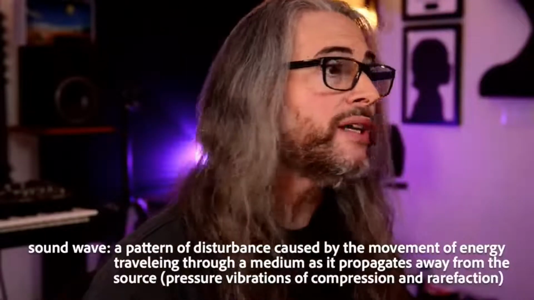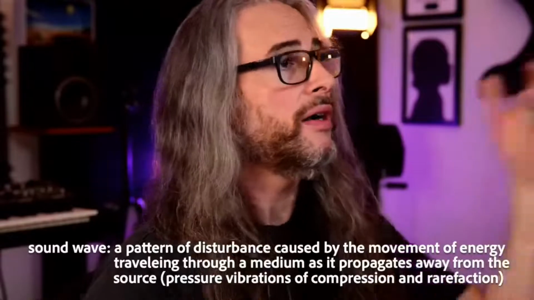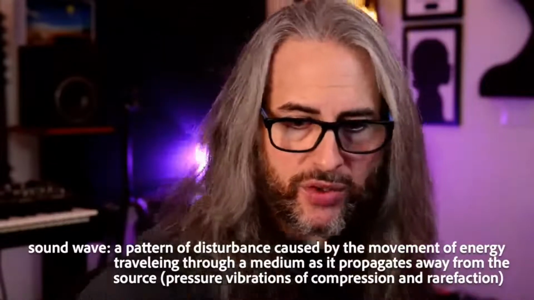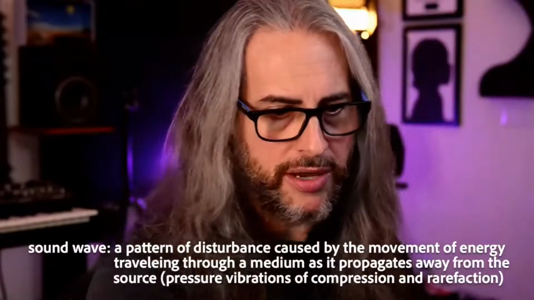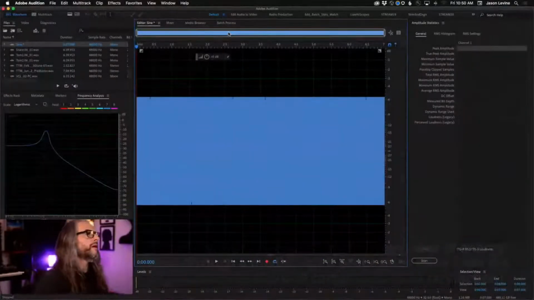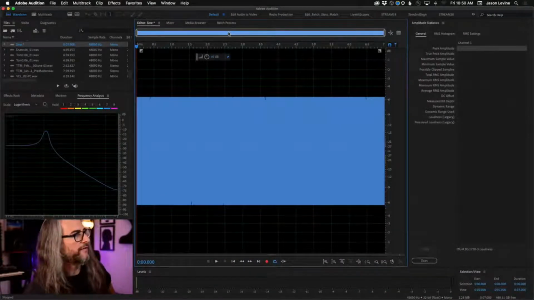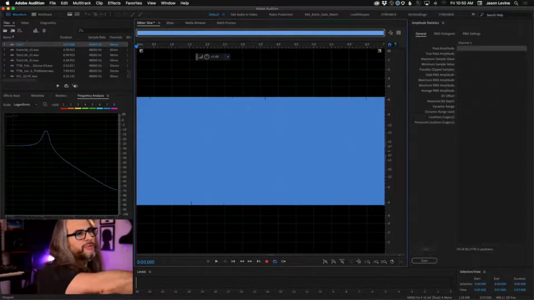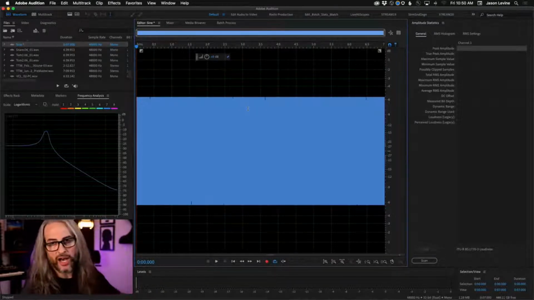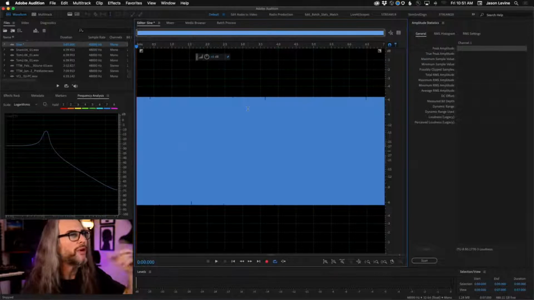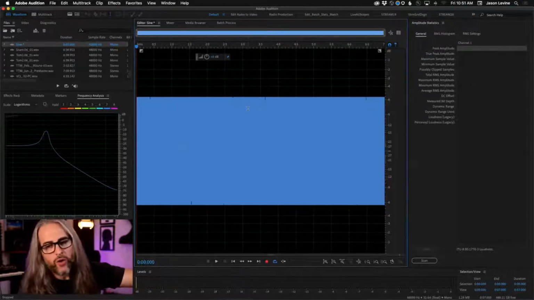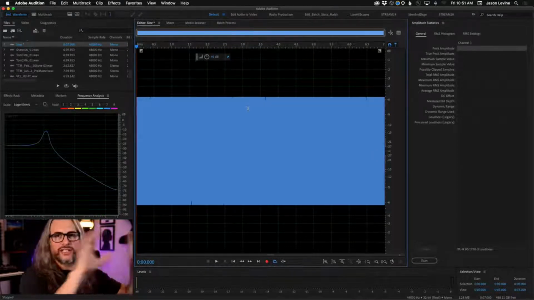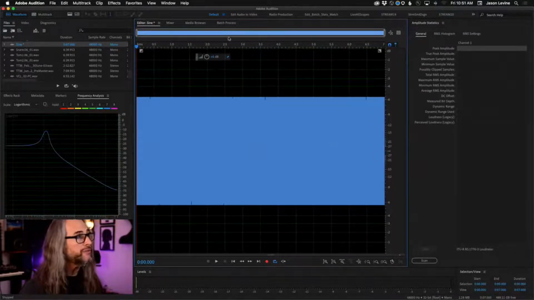A really good way to illustrate that is to come back to our waveform view here. Let me go into our screen. All right. This is a sine wave. Now, you're looking at this, and even if you're an audio pro, because I'm completely zoomed out and this is 7 seconds, you'd think, what if I didn't tell you that was a sine wave, you'd think that was a really horribly mastered piece of audio, completely brick-walled. The reason it just looks like a solid rectangle is that we're zoomed